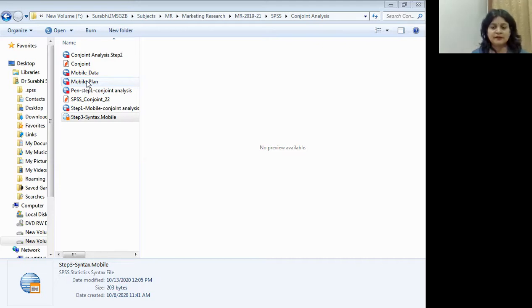Factor name is price, and for the factor label, since we had three combinations of the prices, we can just label it as price, right? We'll just do it price only, and then we will add it.